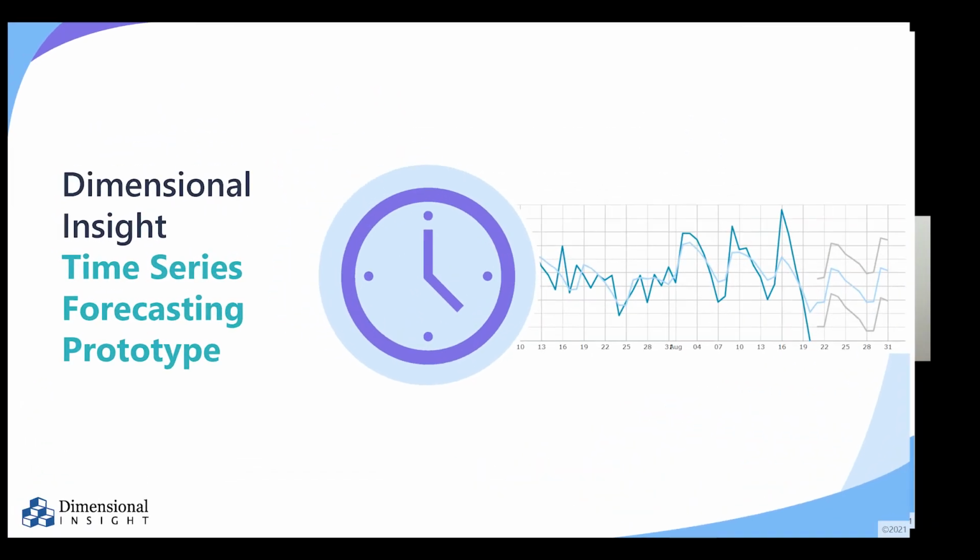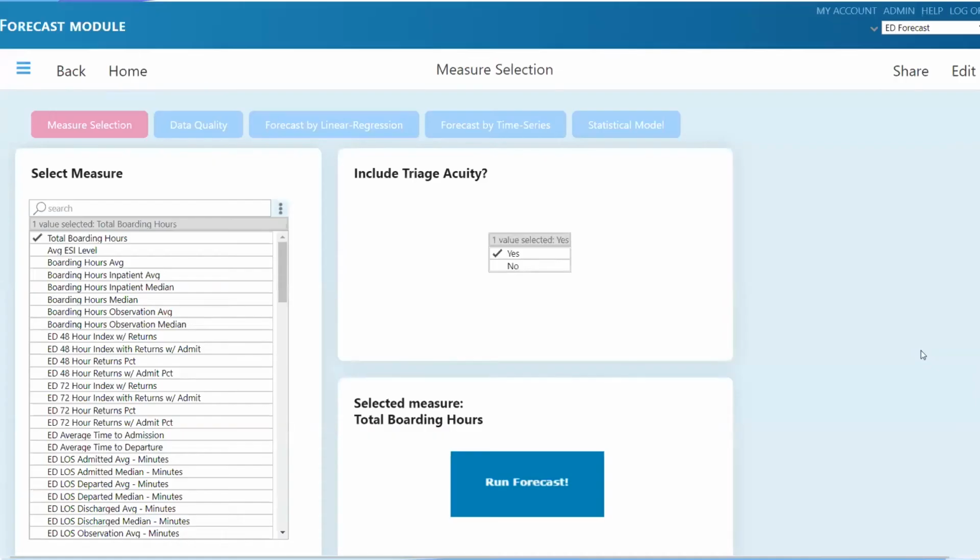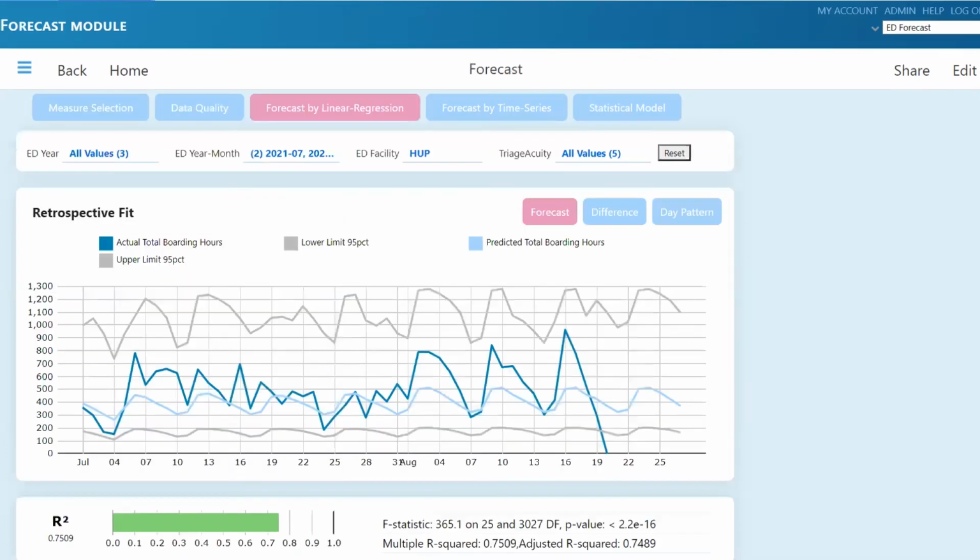So this prototype allows you to select a measure or a KPI. In this case, it's produced by Measure Factory through one of Dimensional Insight's healthcare-specific applications. So over on the left-hand side here, you can see that there's an extensive selection of measurements. And then we click Run Forecast, and it takes about 30 seconds to run or generate a new forecast. And what it produces is a chart that shows a series of predictions day by day in the variable that we've selected. And this variable helps predict bottlenecks in this